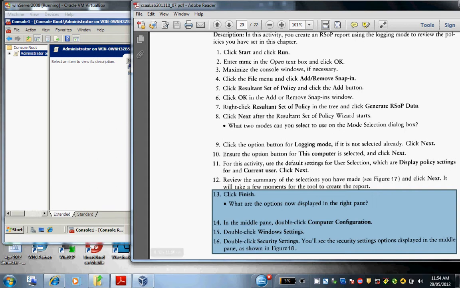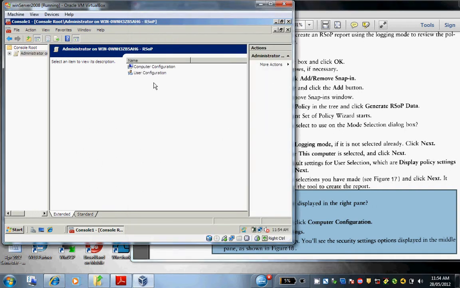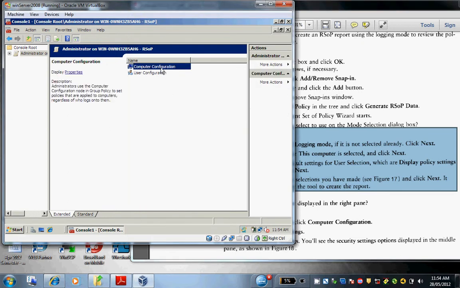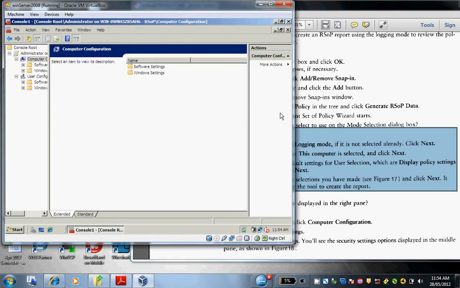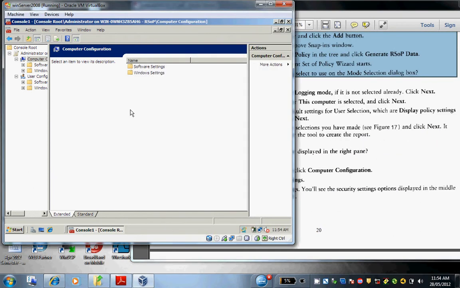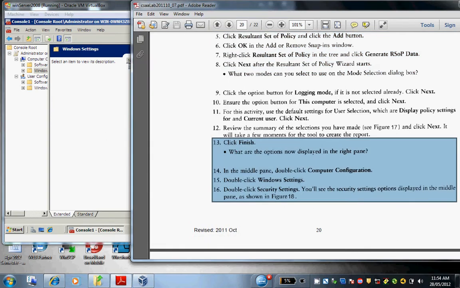What options are displayed in the right pane? Computer configuration and user configuration. In the middle pane, double-click Computer Configuration. Double-click Windows Settings. Double-click Security Settings.